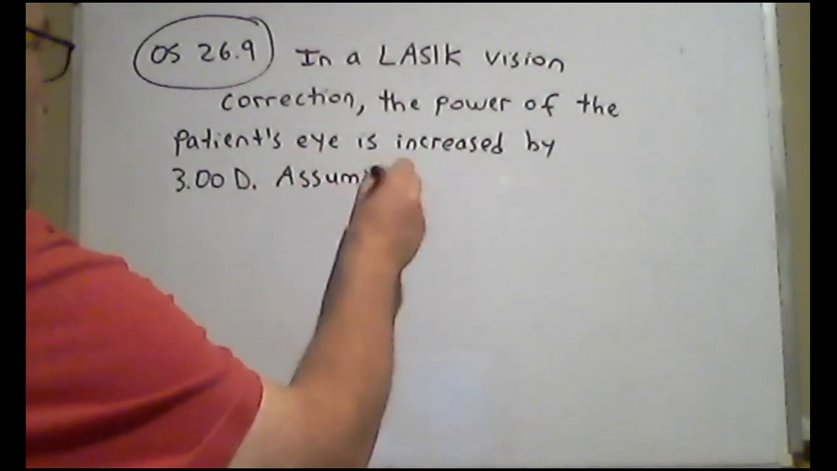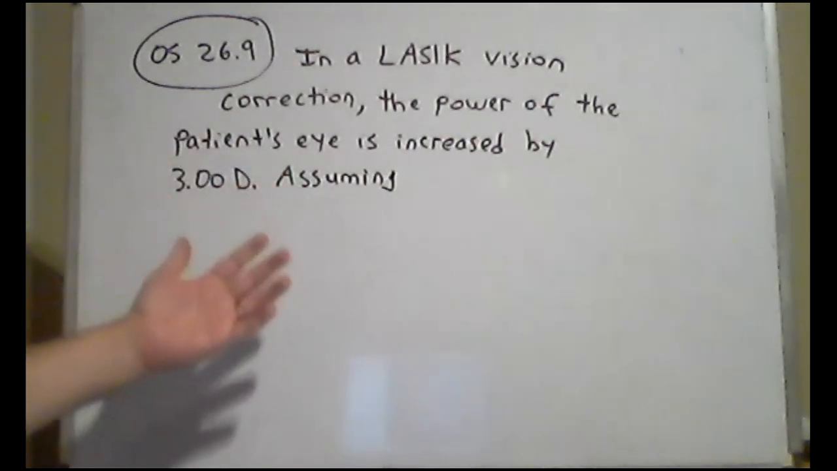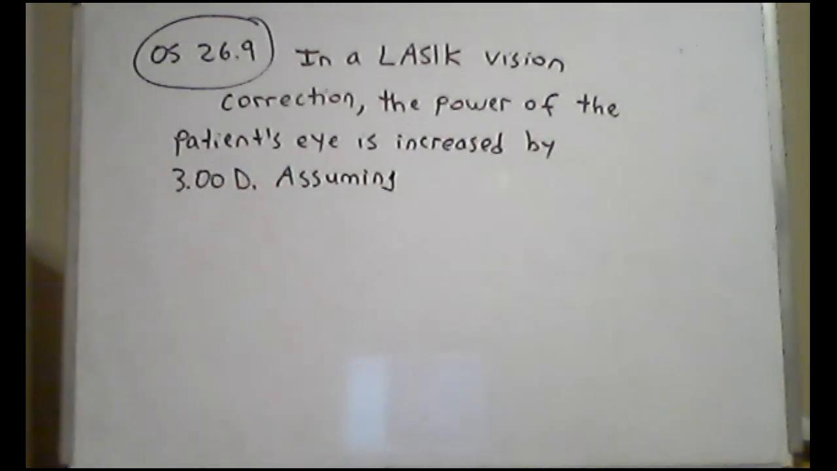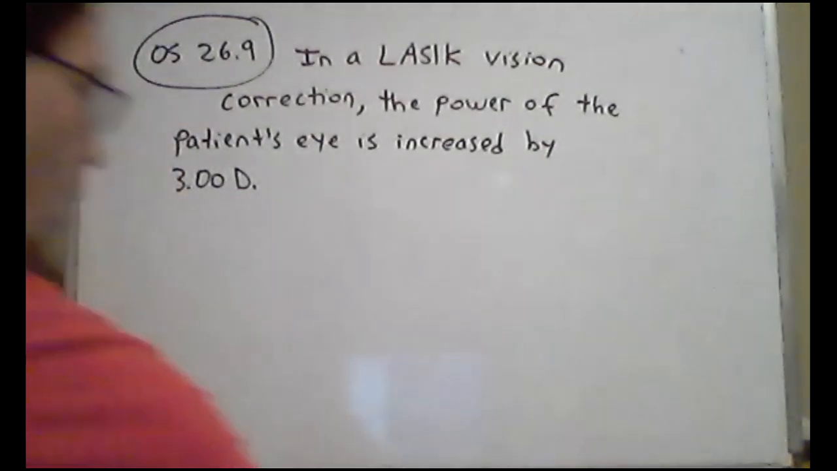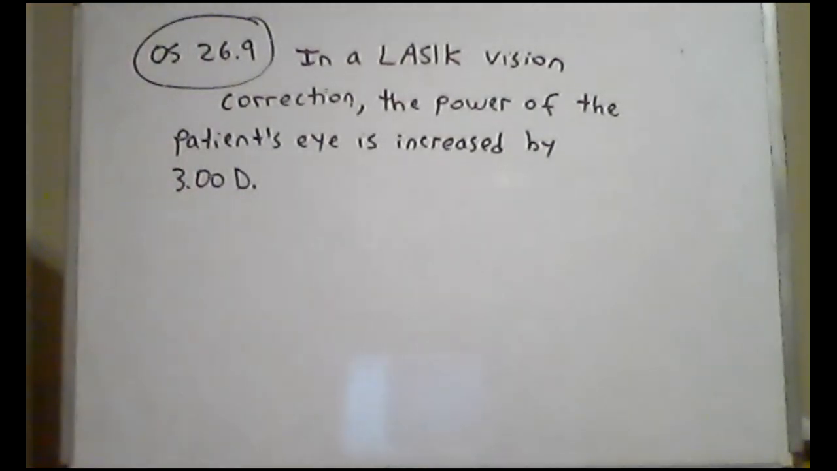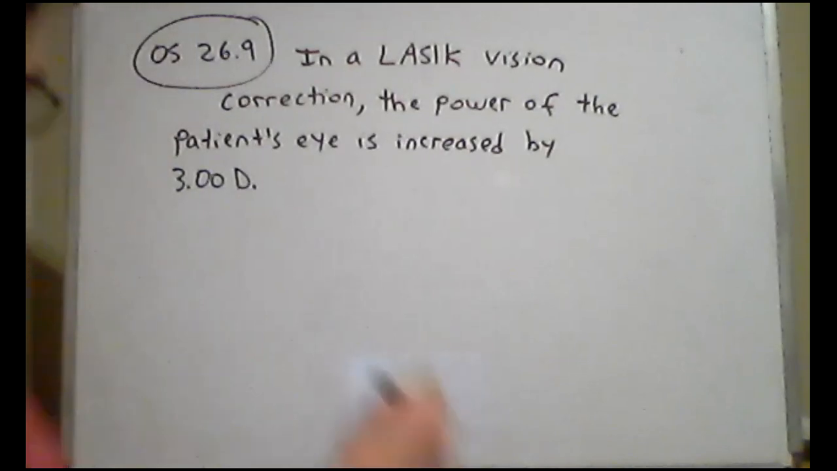So if you're increasing this person's prescription, or increasing the power, that means this person's eyes were too weak, which means that this person was farsighted. This person was not converging rays fast enough, missing the retina and actually converging behind the retina. So assuming this produces normal close vision,